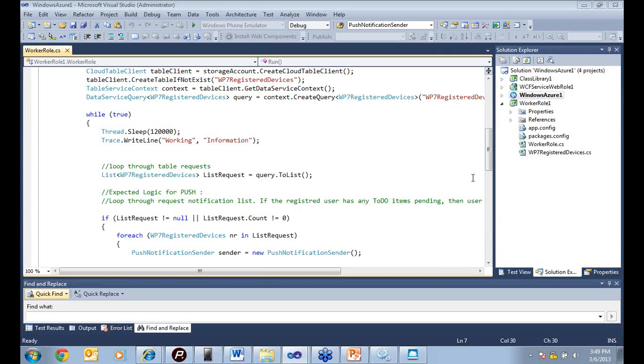So if I can use a run method of a worker role and put a certain logic there, which says, yes, there can be a table. Those are the first 4 lines of the code that you see on the screen. If the table contains the subscription information, then why don't we just go ahead and scan the table, get the list of all the users who have registered. Let's assume that each user who has registered actually has a work item pending against their name. If that is the case,